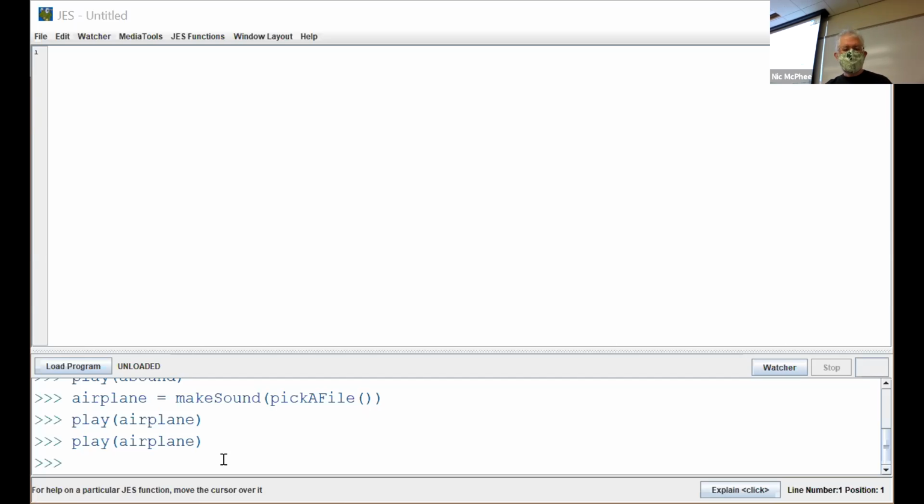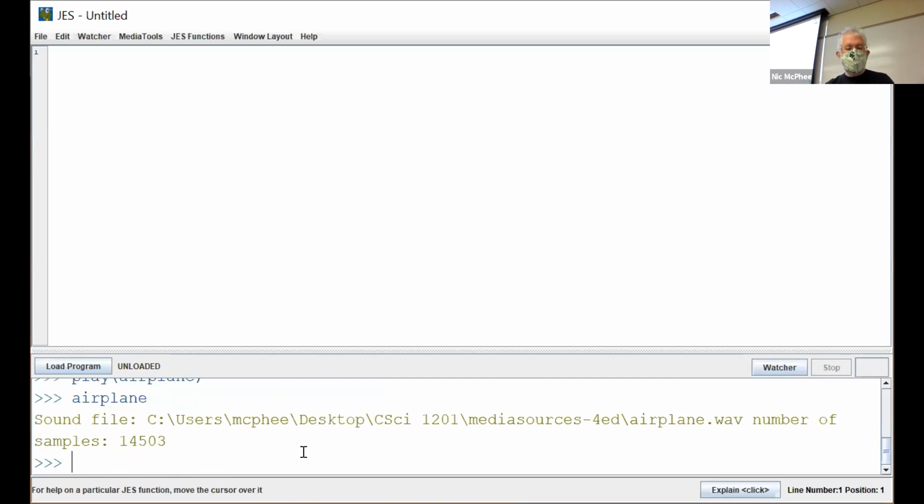Okay, so play is like show, okay? And we can explore a sound in the same way that we can explore an image. Let's see how many samples airplane is. Airplane's only 14,000 samples. It's less than a full second. So if we explore airplane,